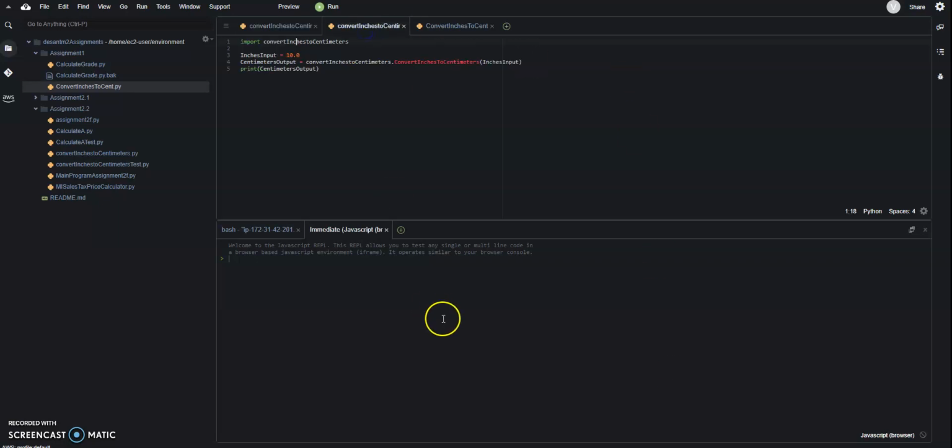So now going on to the code that uses this function, we're first going to import the convert inches to centimeters function file from earlier, saying, hey, we're going to need to pull this for later. We're then going to define our input this time, with our inches being 10. We're then going to define our output, in this case being named centimeters output, saying that we're going to be taking the function from convert inches to centimeters, the function itself named convert inches to centimeters, with inches input being our parameter. Then lastly, we're simply asking it to print